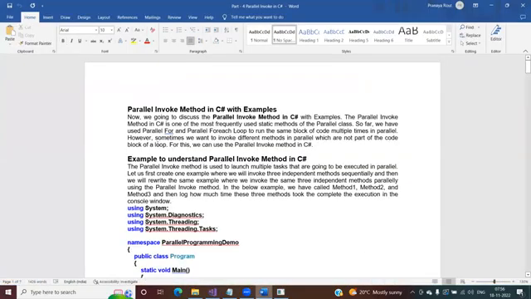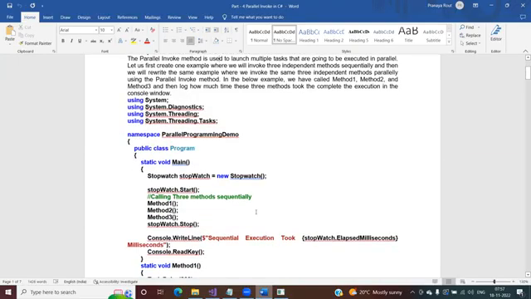Now we are going to discuss the Parallel.Invoke method. The Parallel.Invoke method is one of the most frequently used static methods of the Parallel class. So far, we have used Parallel.For and Parallel.ForEach loops to run the same block of code multiple times in parallel. However, sometimes we want to invoke different independent methods in parallel which are not part of a code block. If you do not have a for loop or a foreach loop, and you have some independent methods, then if you want to execute those methods in parallel, you need to go with the